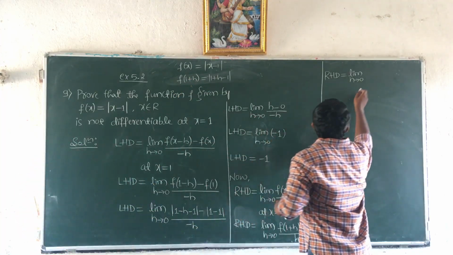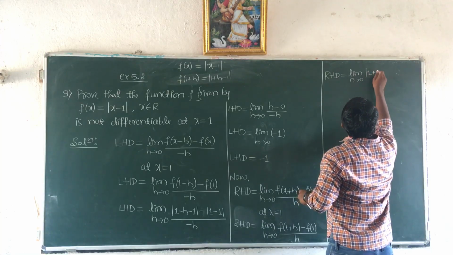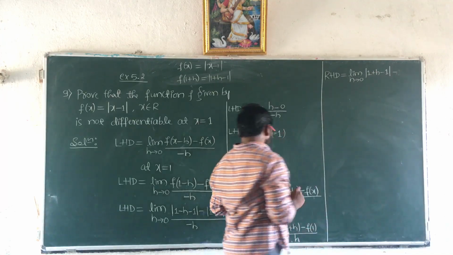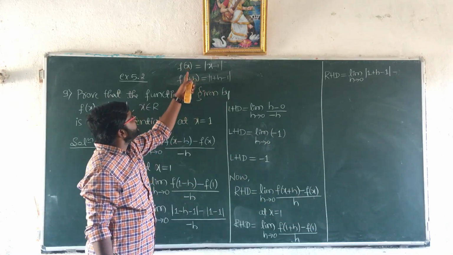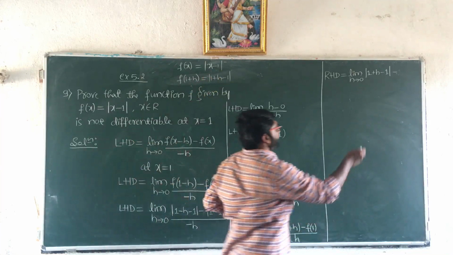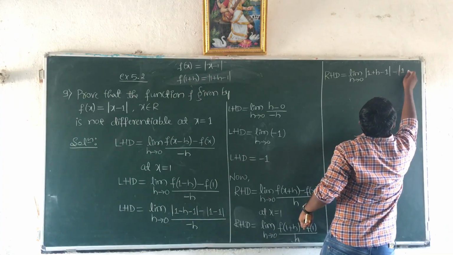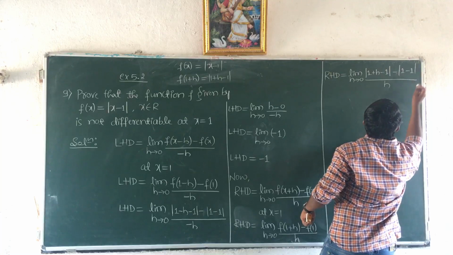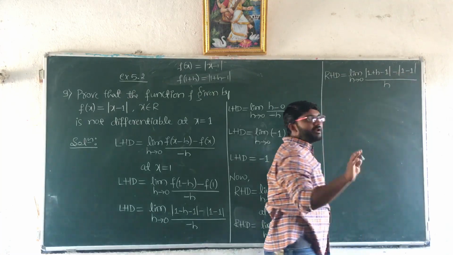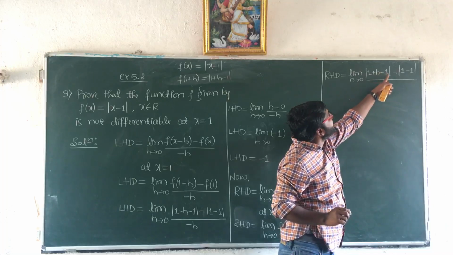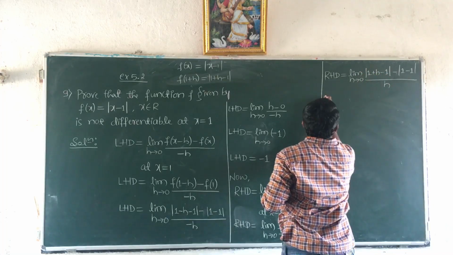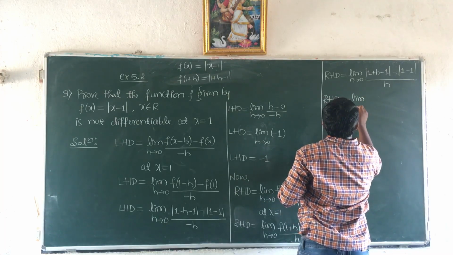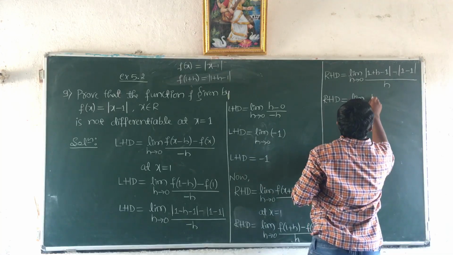So here mod 1 plus h minus 1, and then minus we need f of 1. In place of x I have to write 1. So we get mod 1 minus 1 here. So mod 1 minus 1 divided by h. Here 1 minus 1 is 0, mod 0 is 0. So here plus 1 minus 1 get cancelled. We get only h. So right hand derivative is equal to limit h tends to 0, h minus 0